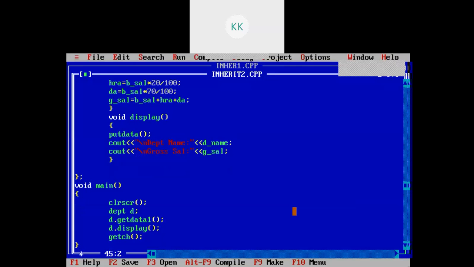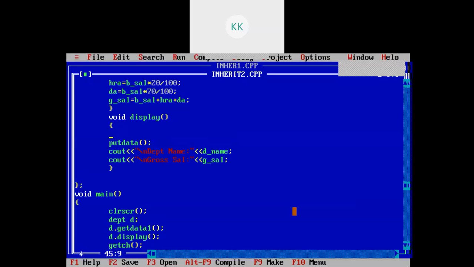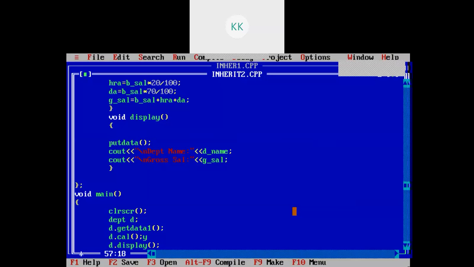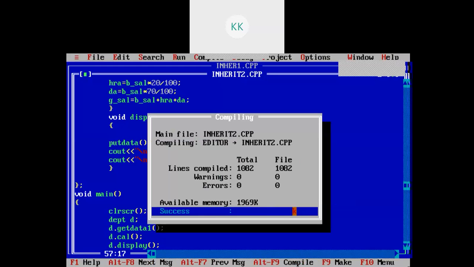And again we need to call the function calculate, right? So either we can calculate over here. I can write d dot cal, so it will calculate the gross salary. Save it and we try to run it. Enter F9.